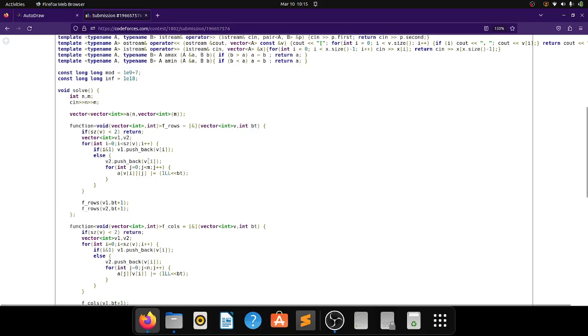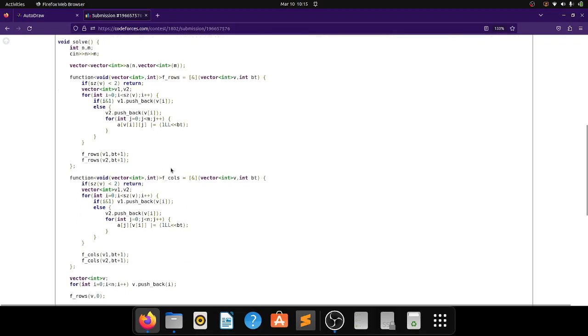Now by doing this I am able to make v1 distinct from v2, because all of the elements have the bit unset in v1, but this bit is set in all of the elements of v2. And then again I will call this recursive function for both v1 and v2, and I will pass the next bit